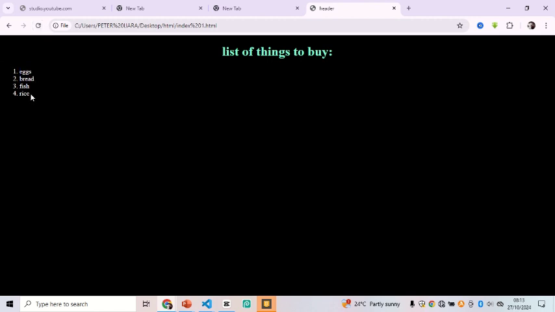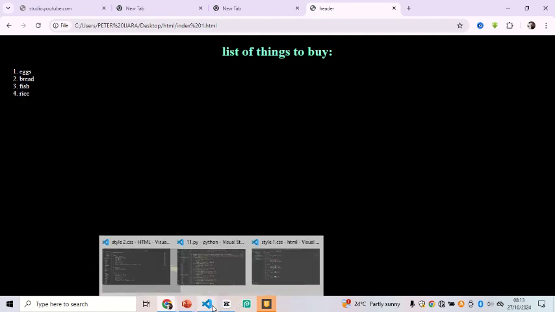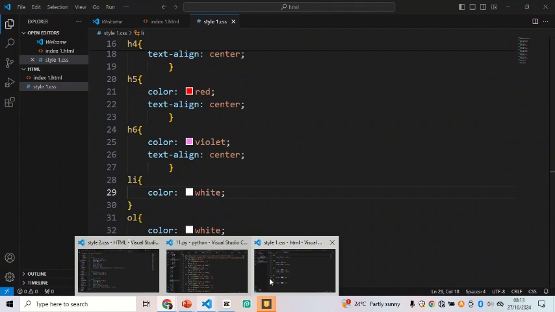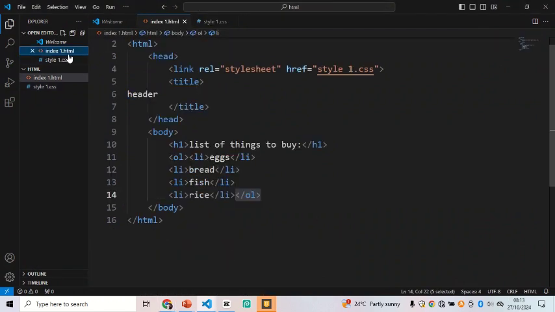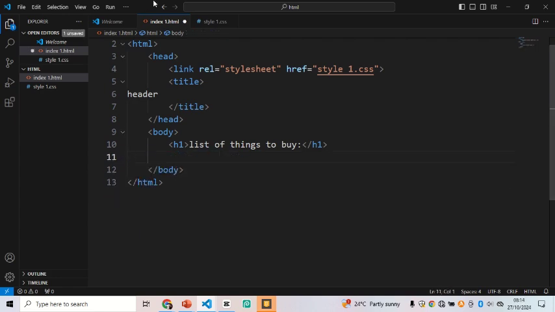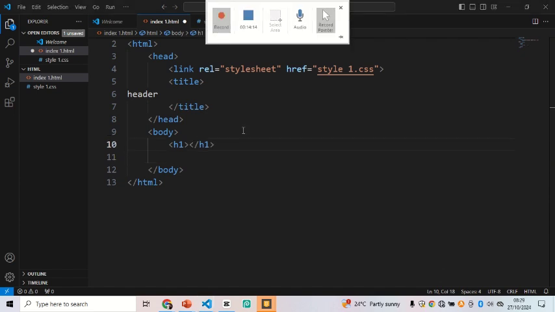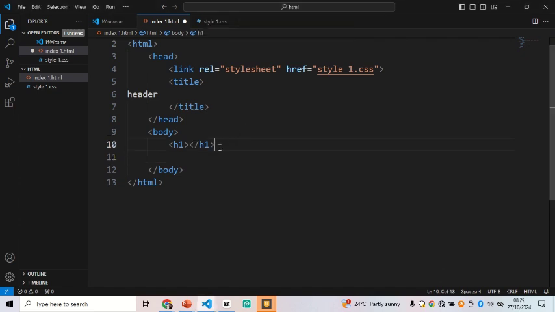Okay, so the next thing is paragraph form. You can call it page statement, but it will start from P. I'm deleting the